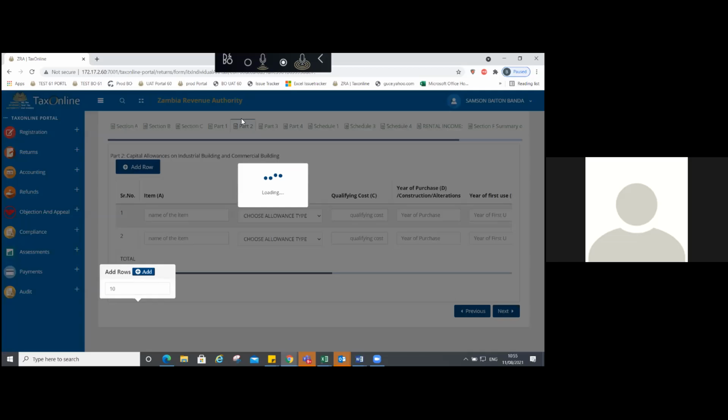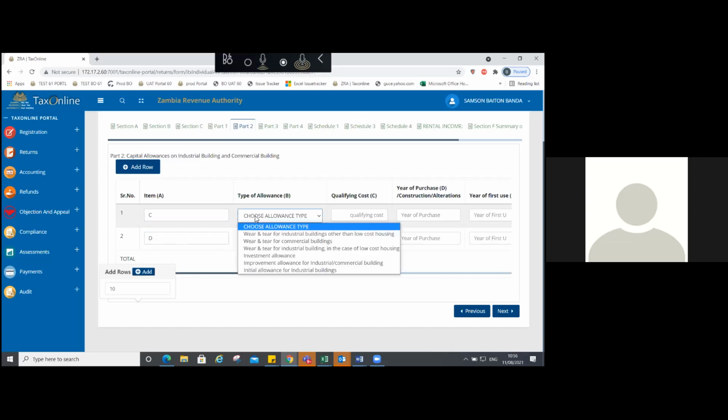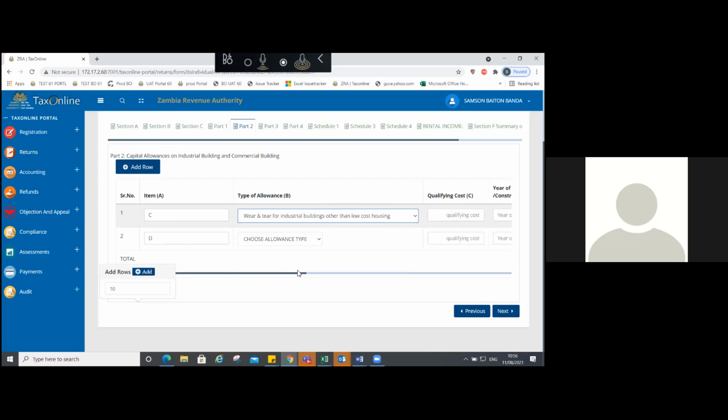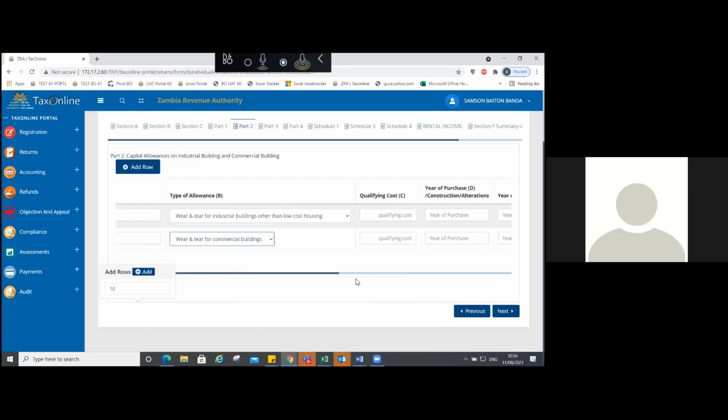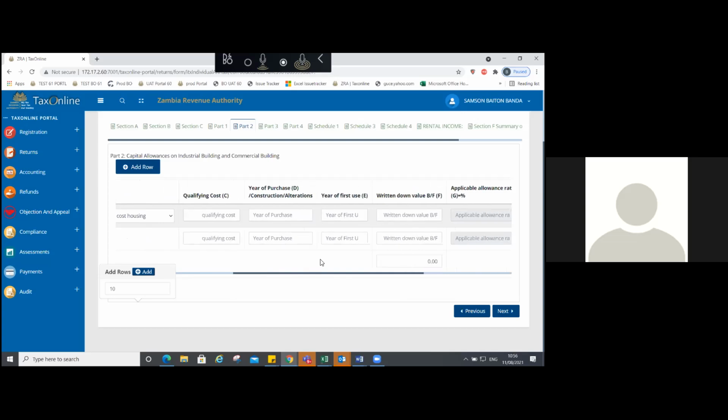This is capital allowances in industrial building and commercial building. We can name it asset C. These are buildings and also D there. So we can select wear and tear on industrial building. We can also select wear and tear on commercial buildings. So you put the cost of this building, putting the cost for the building,